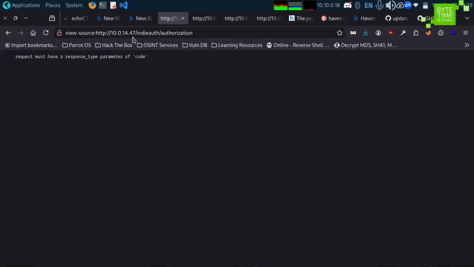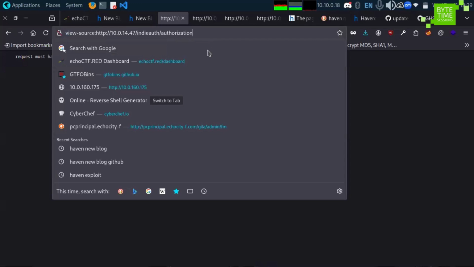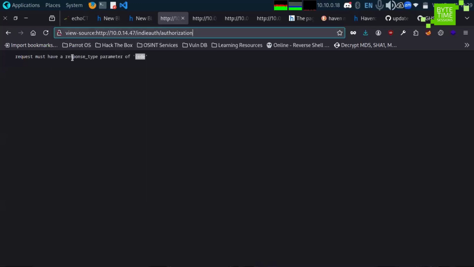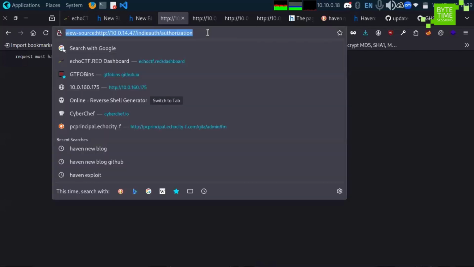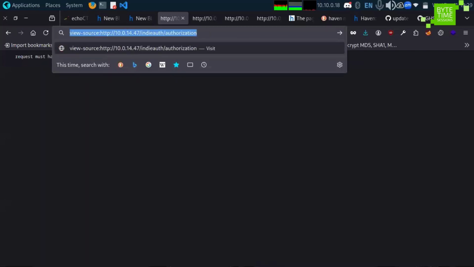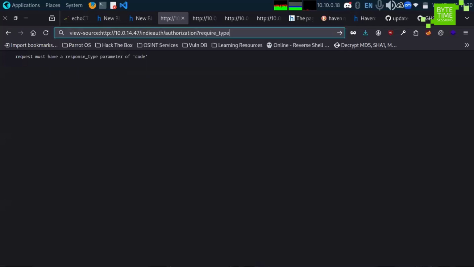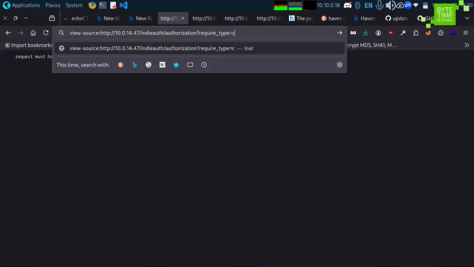When we browse to this authorization, they are saying the request must have a request type parameter of code. So we can give it a parameter of that request type, because they are saying it needs this request type. So let's give it. If you give it this request type of code,